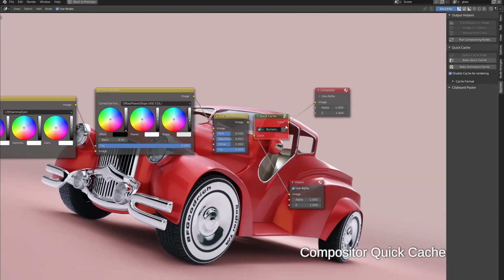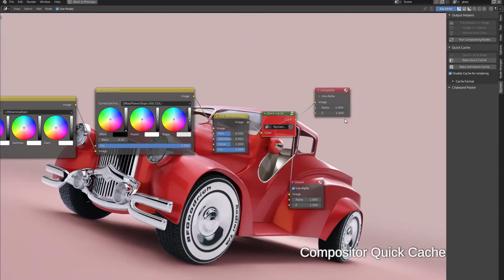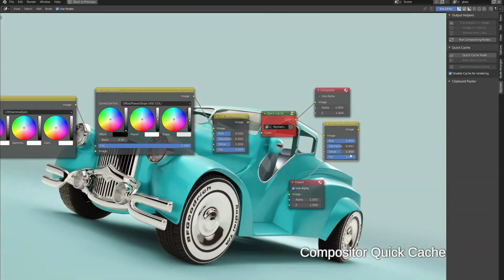The compositor already works faster, but I want to cache the result and add a final touch to it. Quick Cache can significantly speed up your compositing workflow.